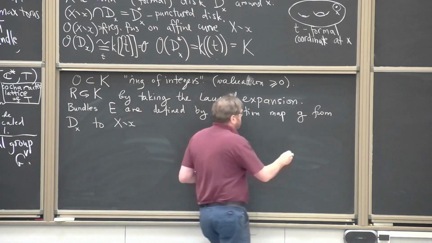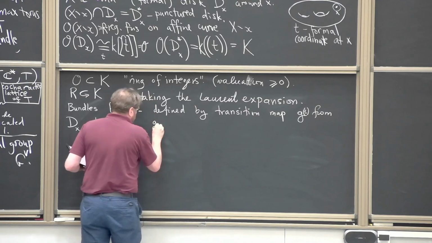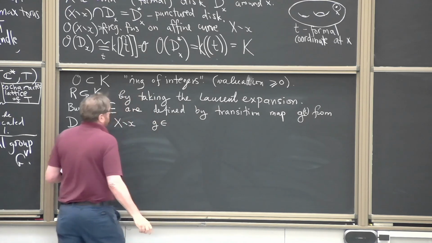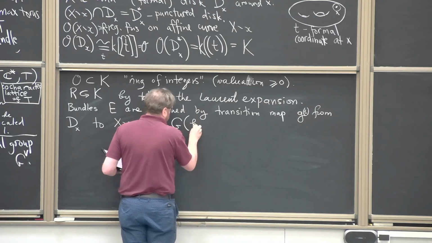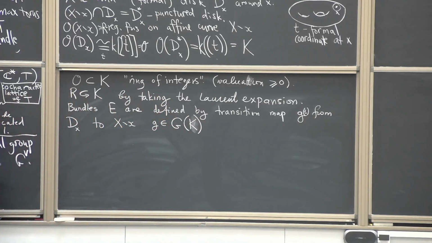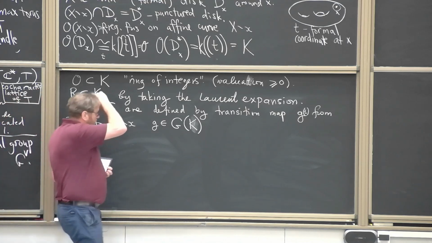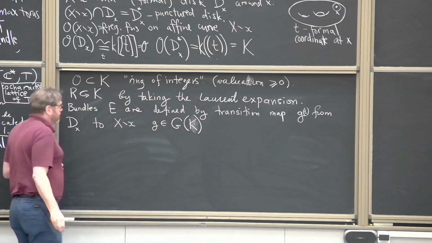And so I can write it in terms of this coordinate. So this G will lie in the group G, points over this field K. So it maps from this puncture disk to G, which is just this group of